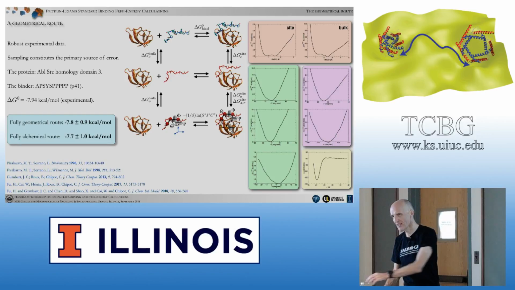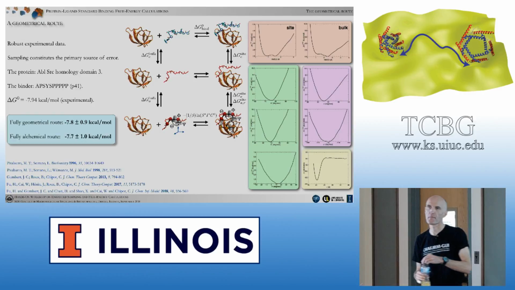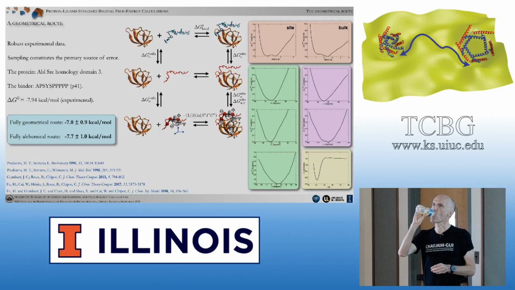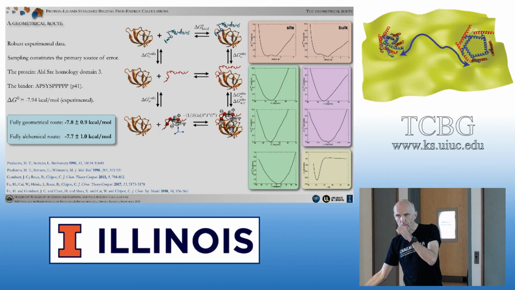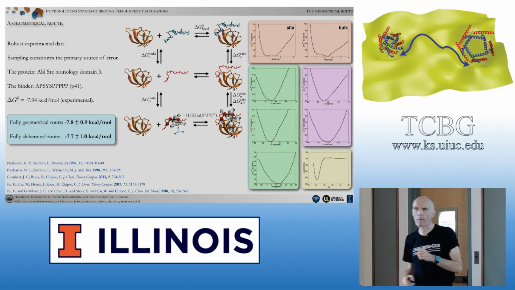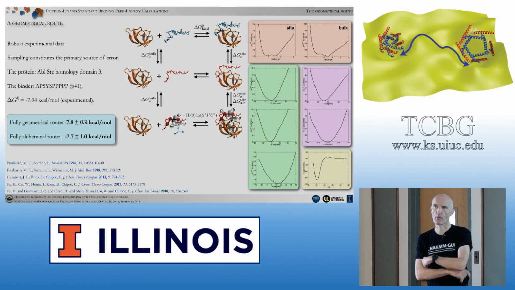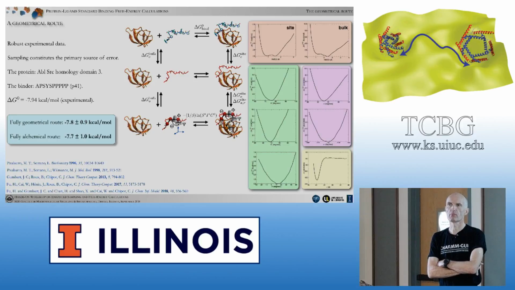Yes? Are there cases when the alchemical route is not as useful as the geometrical route, or would be a less appropriate design? In which case? I'm asking if there are cases, like you mentioned how with the superficial ligand binding, either one would be appropriate, but if it's buried, only the alchemical one would be appropriate. Is there ever an instance that you've come across where the alchemical one is not appropriate, but the geometrical one is better? Well,